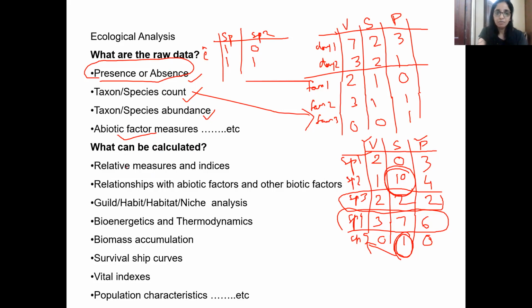With this type of raw data, you will be able to calculate a lot of things. You may be able to calculate relative measures, which is nothing but the percentage. So if you want to look at the relative percentage here, it is 2 plus 1